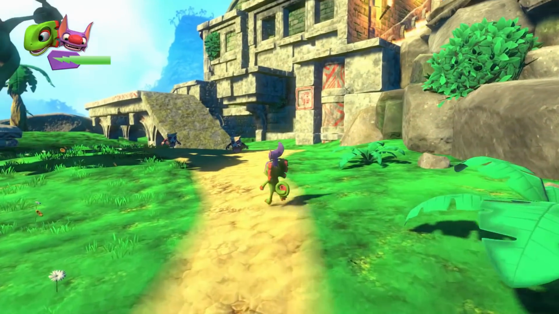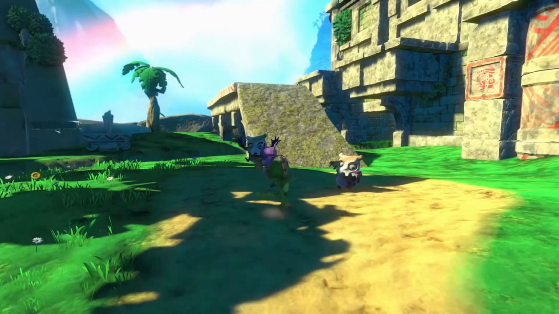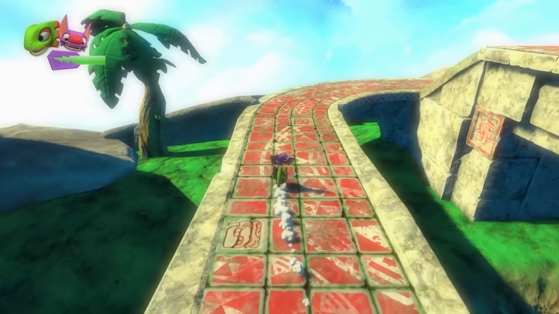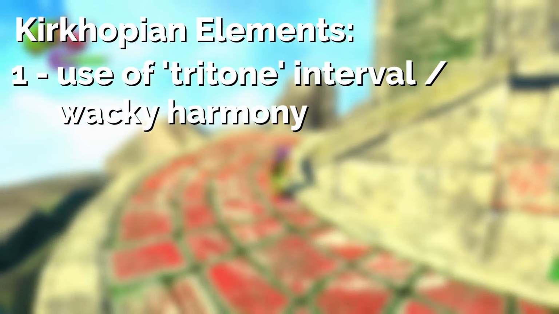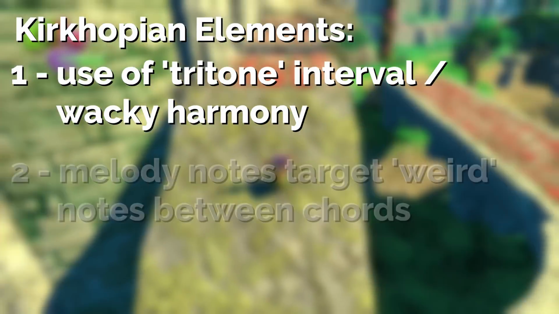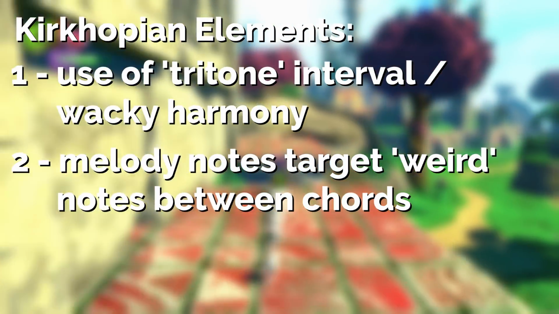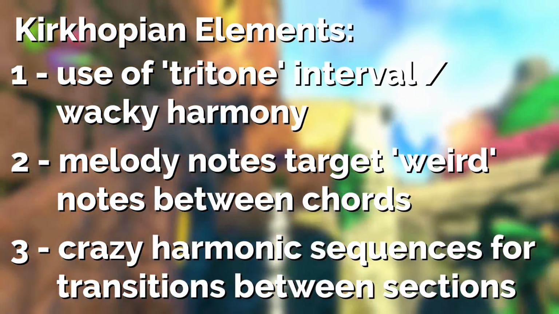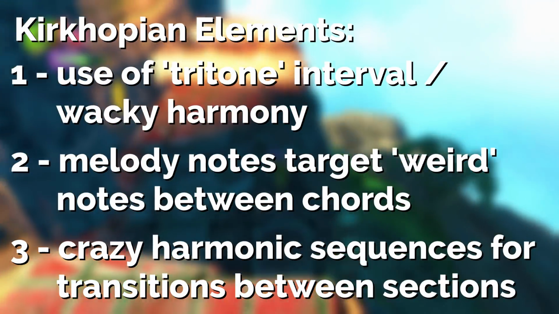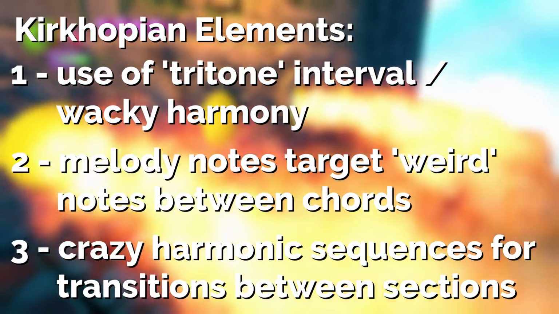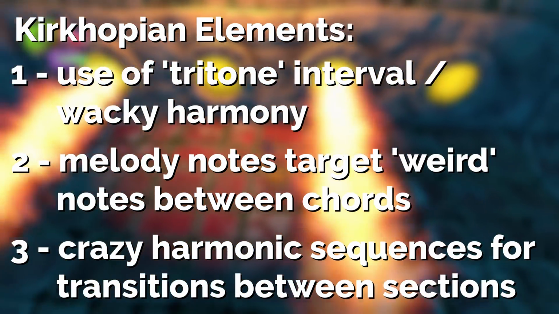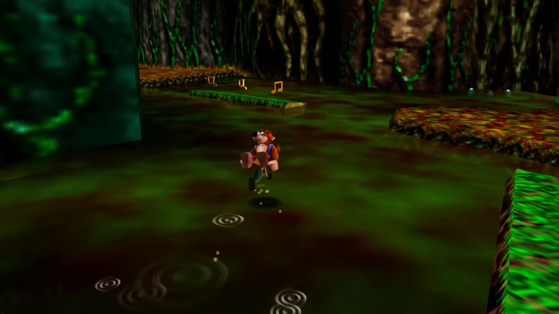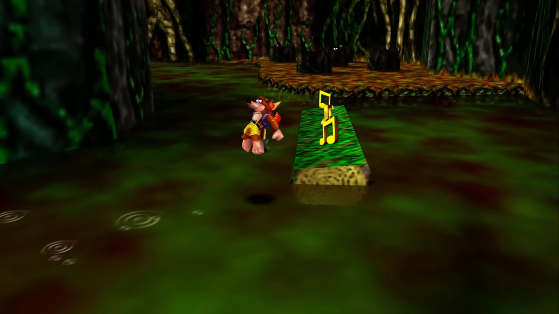Well, there you go. Yooka-Laylee's soundtrack seems to me to take the basic compositional attitude and elements from Banjo-Kazooie's legendary score, specifically the use of the tritone and generally surprising harmonic shifts, melodies that outline the harmony and target the most dramatic notes in each new chord, and harmonic sequences that transition between sections, and imbue all of these techniques with an extra level of sophistication that Grant Kirkhope has acquired in his last 20 years of experience writing music for games, even if it loses some of that frantic rhythmic energy that made the original soundtrack so fun.